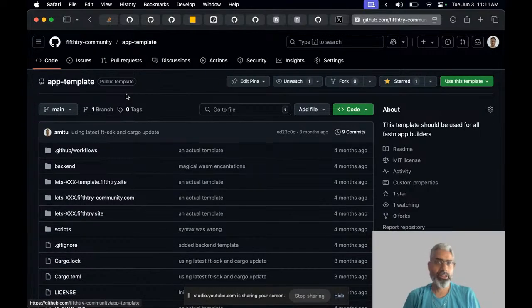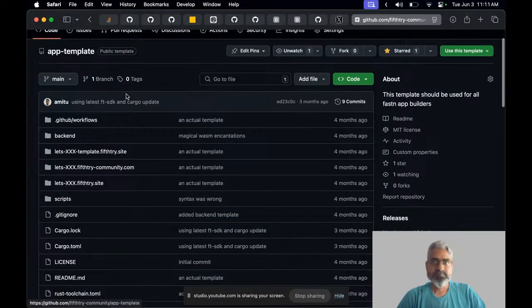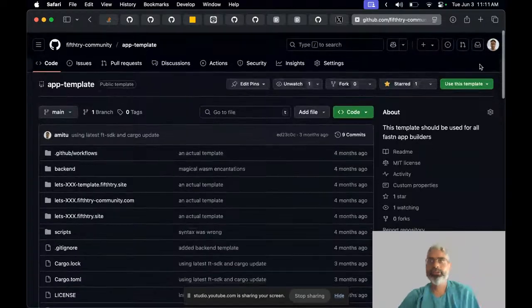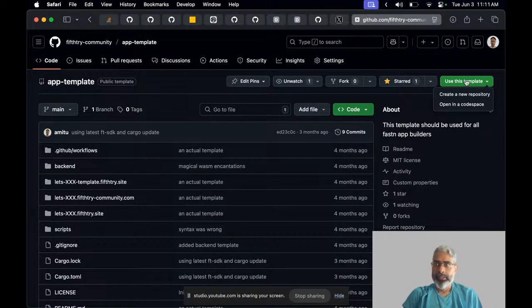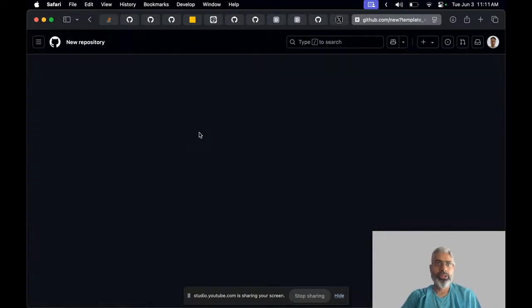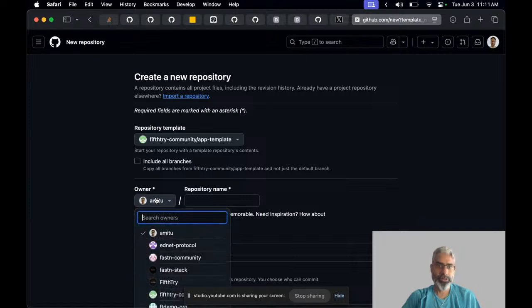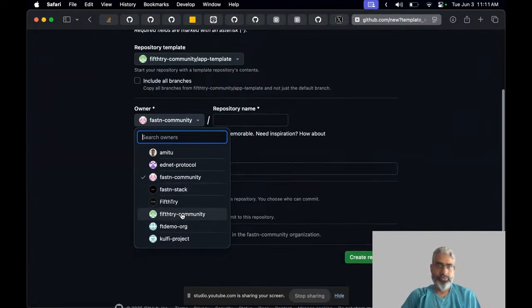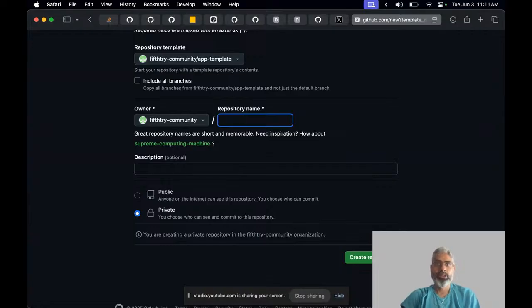The Swift community has published this template, so let's use this. I am going to create a new repository using this template inside the Swift community, and I'm going to call it Let's